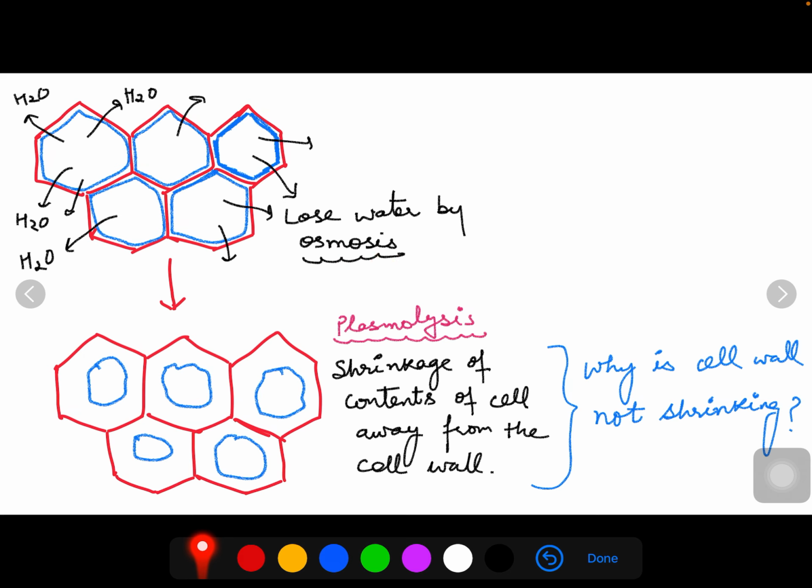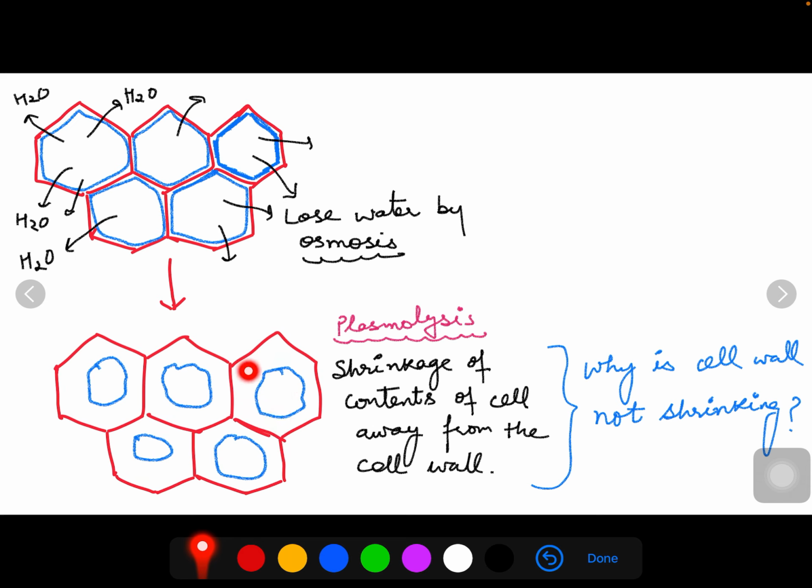What is osmosis? Movement of water from its higher concentration to its lower concentration through a semi-permeable membrane. Right? Here we are talking about plasma membrane. When water moves from its higher concentration to its lower concentration through a semi-permeable membrane, we call it osmosis. So here these cells are losing water by the process of osmosis. Then what will happen? If water is going out, then the contents of the cell